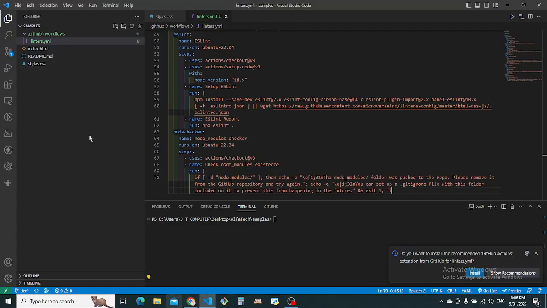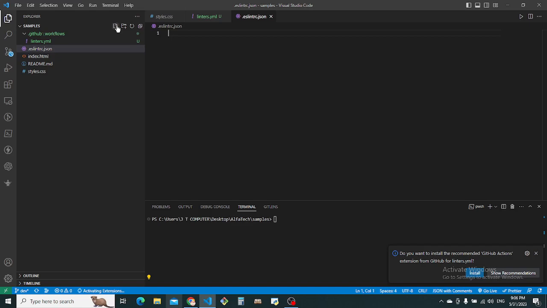I can see this one, it means you are in the linters.yml, which is inside the GitHub folder, but you have to be in the root folder before you create the .eslintrc.json file. To do that, just click on this part so that it makes you be in the root directory. Now in the root directory, create a new file, and you put the .eslintrc.json file name. So now I've created another file, and let us open the file